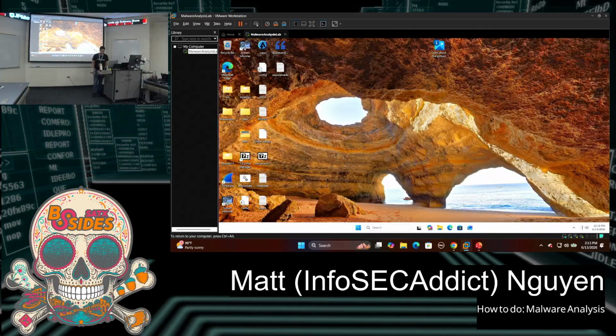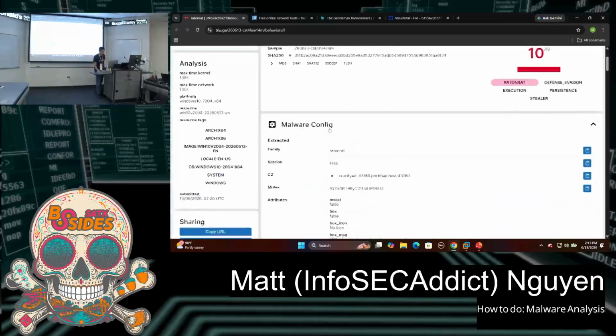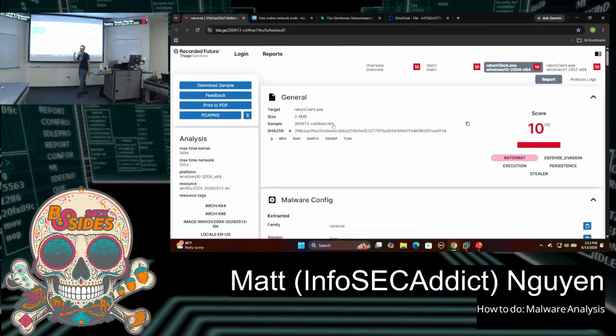Now here's another use case if you don't want to use your own virtual machine. Because let's be real, I'm always scared of malware leaking from my machine, probably from some weird 0-day. So what you can use is a sandbox, and one of my favorites currently is Triage. This is a sandbox by some of the guys at Recorded Future. Hybrid Analysis is a good one too. That's one I started off with, and it uses CrowdStrike Falcon as the backend. It'll automate the analysis for you and have some indicators that fire up, but with Triage,